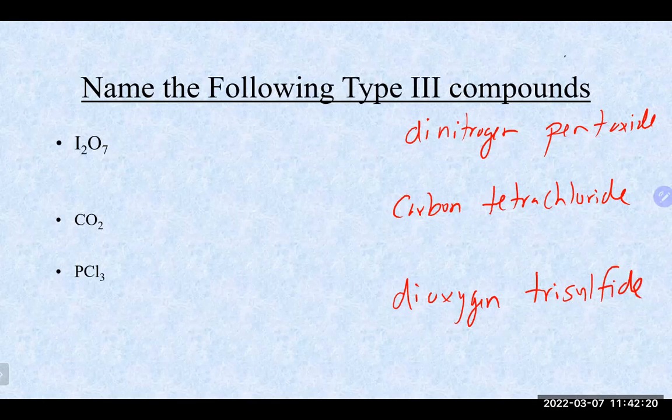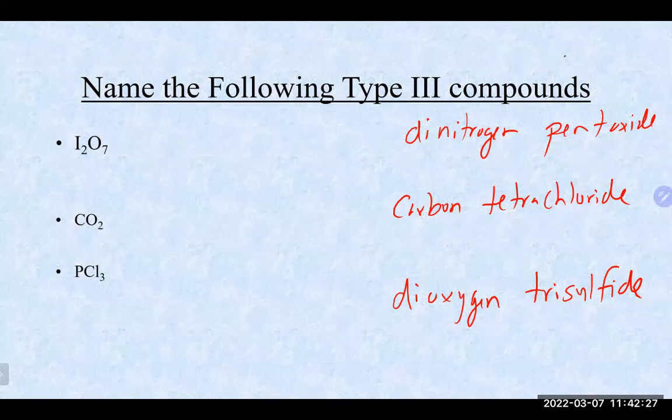I think we're going to lay it up here for now, since we're getting to the end of lecture. What we're going to do is continue lecturing and finish up the rest of naming. We've got two more types to talk